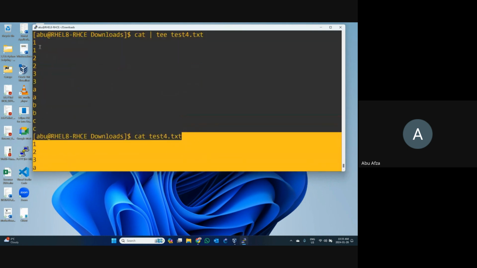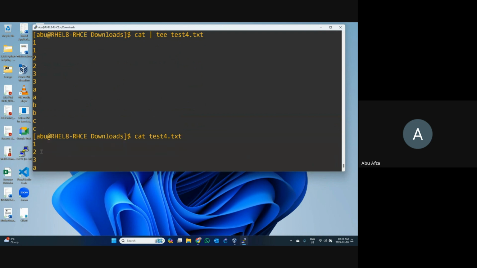Okay. You can see 1 is twice, 2 is twice, but in my file only 1, 2, a single value, is available. Using the tee, it picks only what you entered. That one will be showing there. And this cat creates the file with that value, one value. This is the way we can create our file and enter values in our file. If I need more values in that file, we'll add.